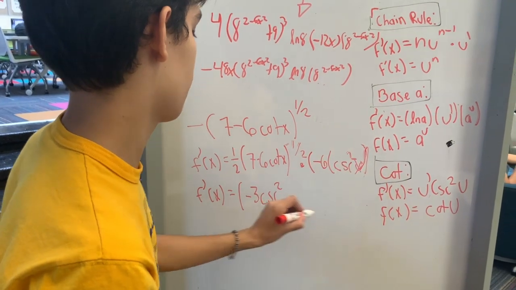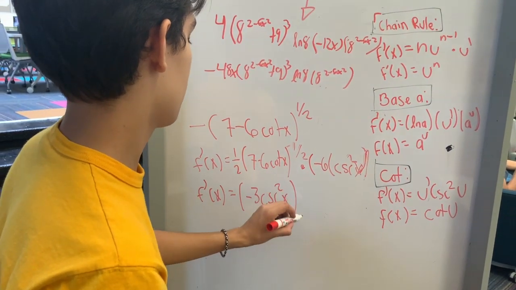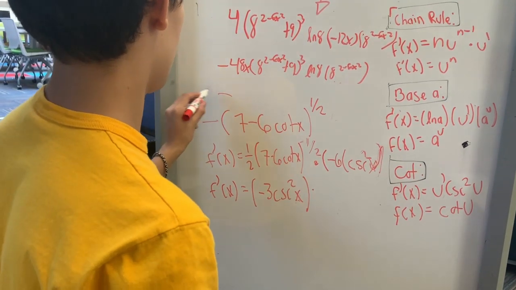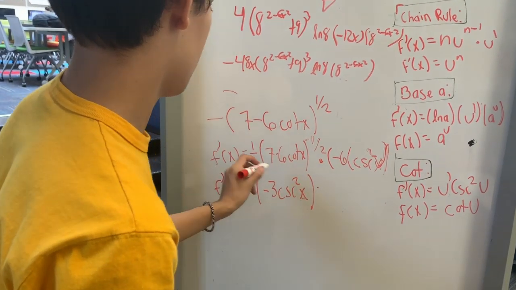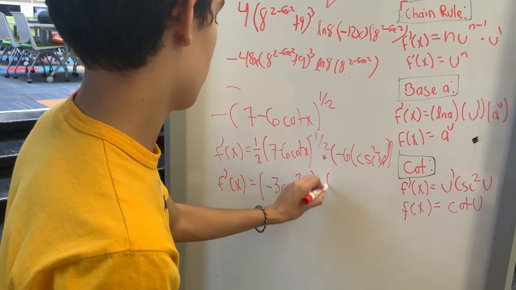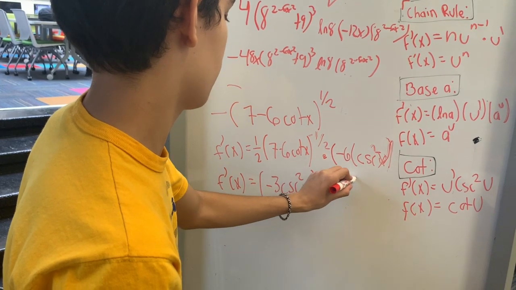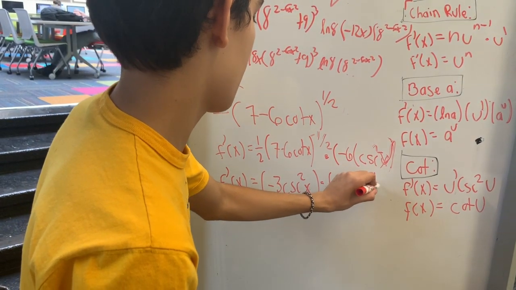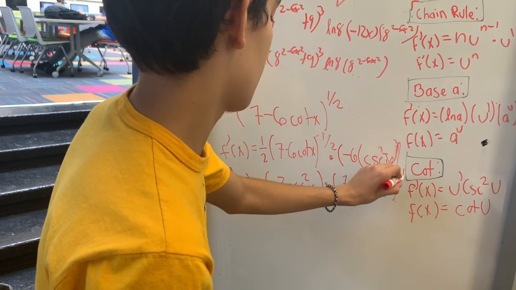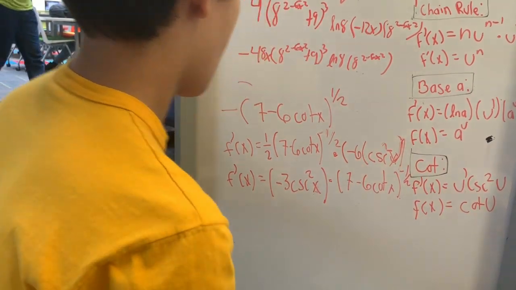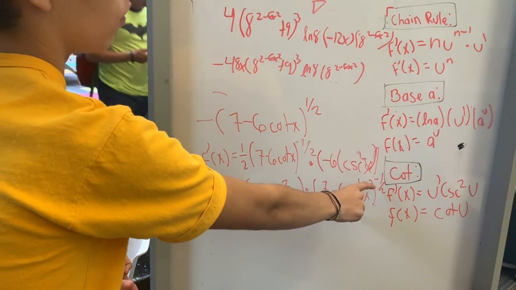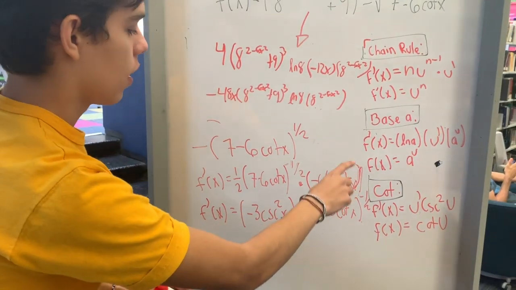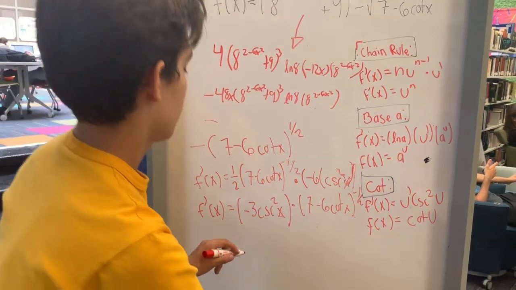It's an x here, sorry. It's an x times what we had already here, that is the same, but now (7 minus 6 cot x) to the negative 1/2. Now that we have this, we cannot have negative exponents, so we pass it down and it goes dividing,